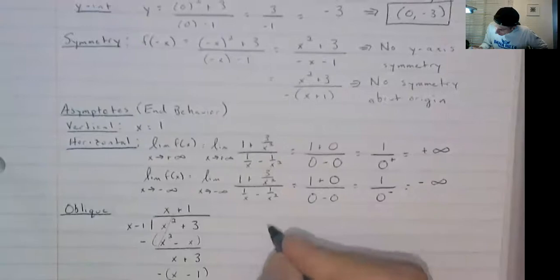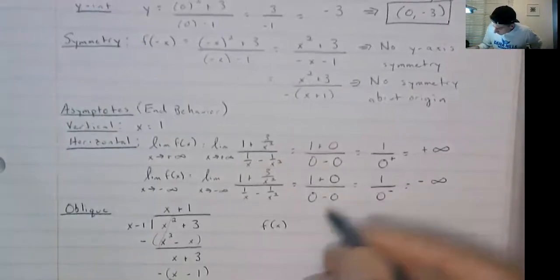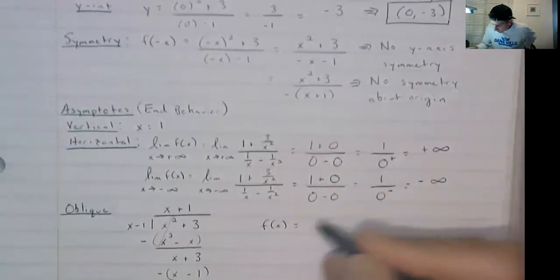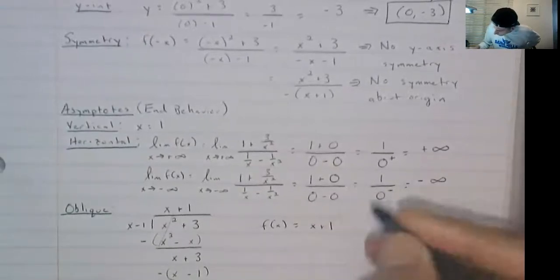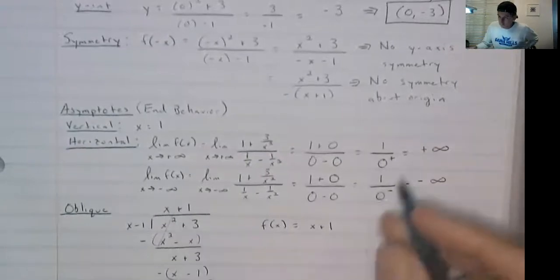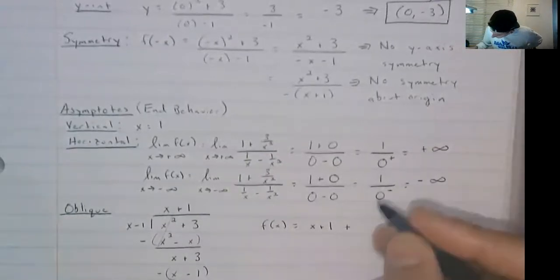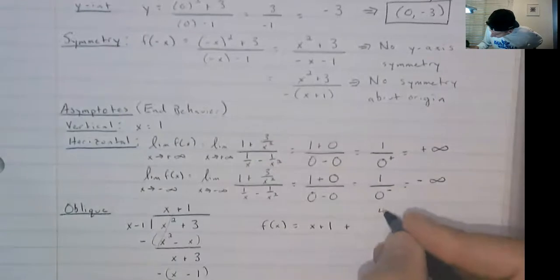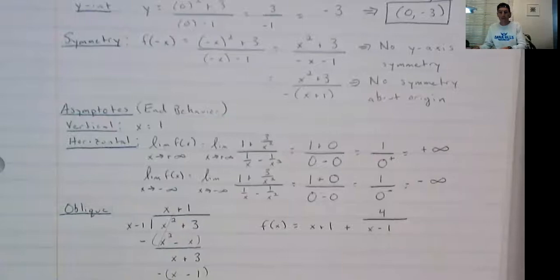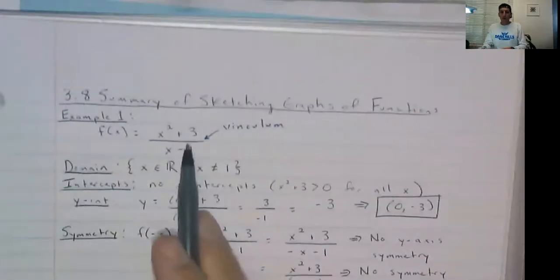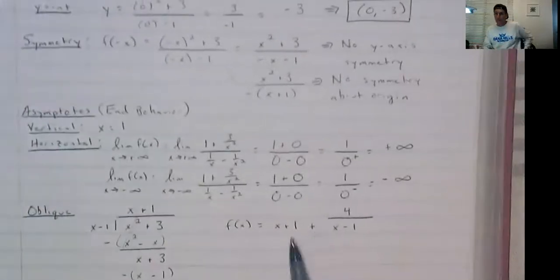And so the alternative way we can say f of x is equal to x plus 1, this quotient, plus 4, our remainder, over x minus 1. So we just carried out the division that's implied by this vinculum, and the result is this. And if you remember from 3.7, the reason that this tells us the existence of this oblique asymptote is